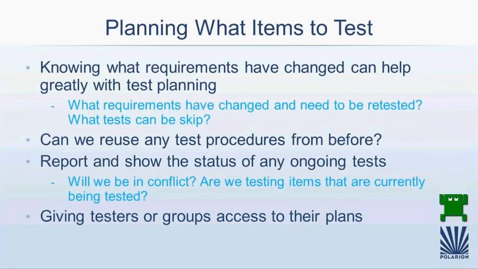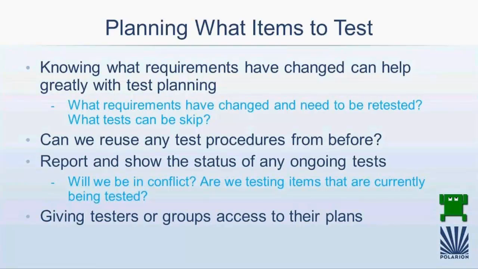In addition, when it comes to planning what items to test, this is one direction of impact analysis. If I know what requirements have changed, I can tell my team exactly what needs to be tested, what requirements have changed, what haven't, what needs to be tested, what doesn't. Can we reuse any test procedures from before? Again, very important in automated testing because you are writing these scripts, and ideally you'd run the same script many times. However, if your requirements change, being able to know what part of that script to change